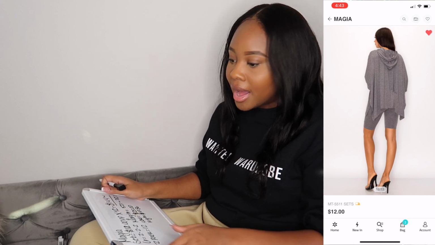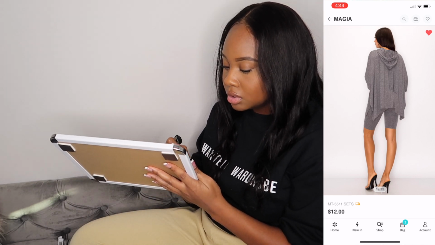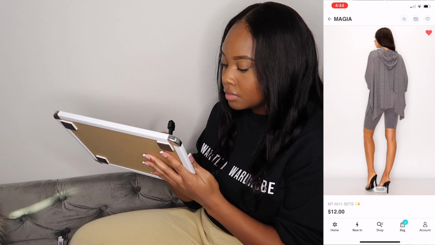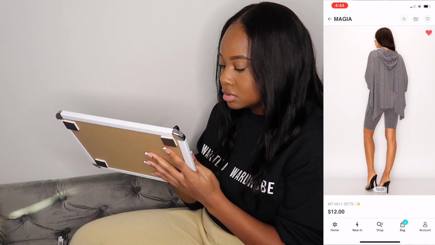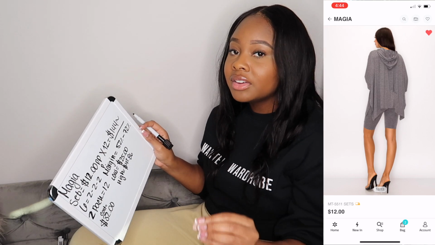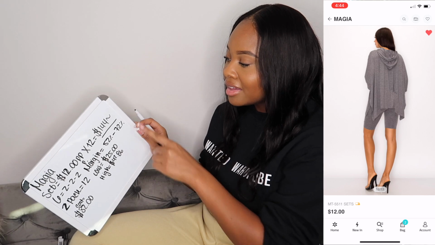So I'm looking at it and I probably would spend about $32. So let's say my initial lowest I would spend is about $32. So I write down that that's the lowest that I would spend, and I would just put cost, $32. However, we have not calculated shipping. Shipping is a completely different other thing. So let's say we spent